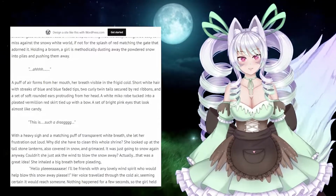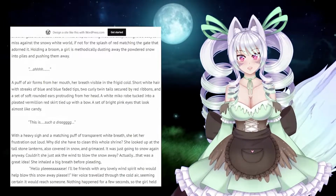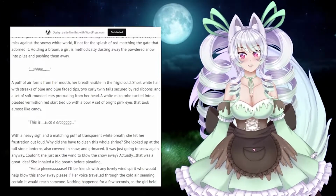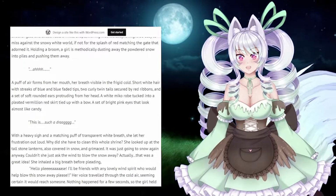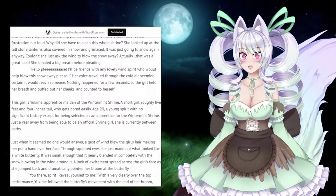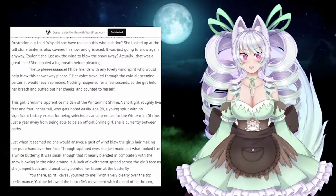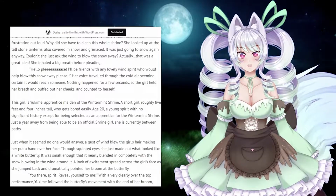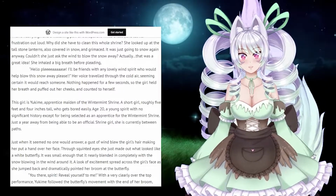Actually, that was a great idea. She inhaled a big breath before pleading. Hello, please? I'll be friends with any lovely wind spirit who would help blow the snow away, please. Her voice traveled through the cold air, seeming certain it would reach someone. Nothing happened for a few seconds, so the girl held her breath and puffed out her cheeks, and counted to